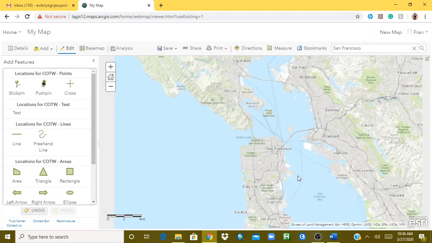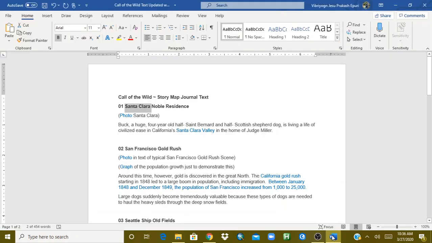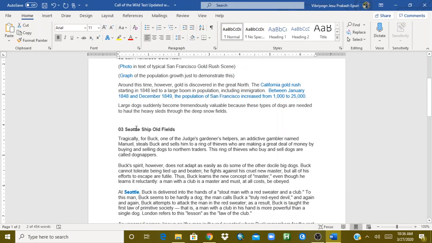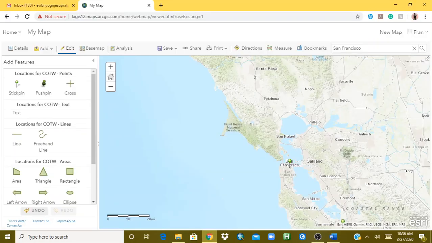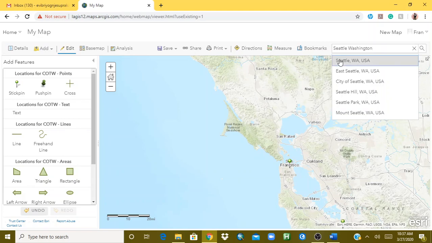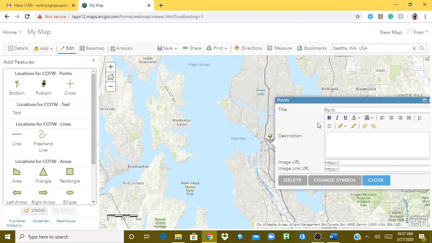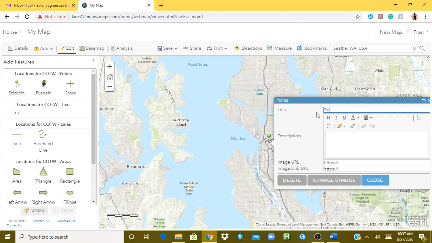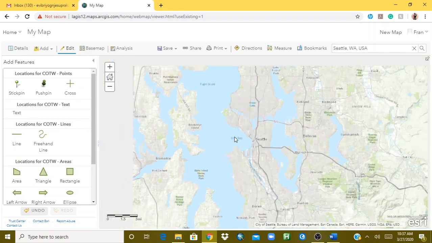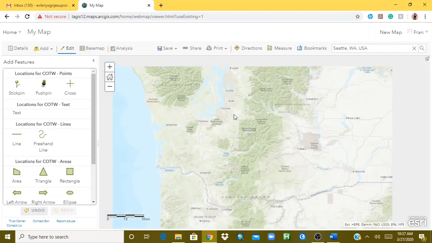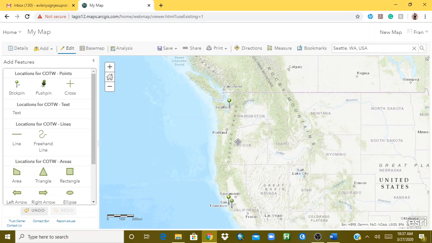All right, so we've added 2 points now. Let's go ahead and add a third point, and then we can go ahead faster. Seattle, Washington. All right, awesome. That's our third stick pin. Perfect. So we've added 3 points, and once you've added all your points for your story map, go ahead and